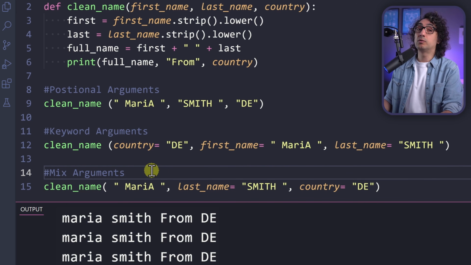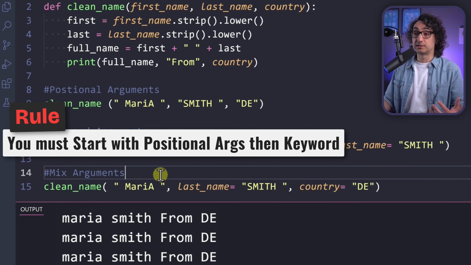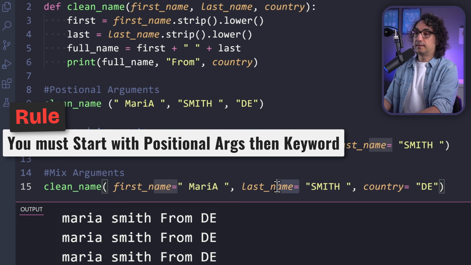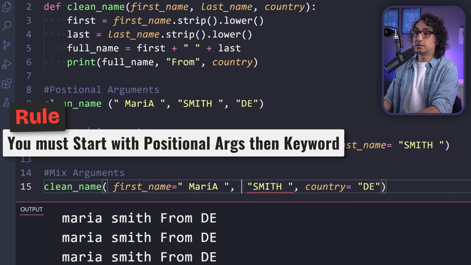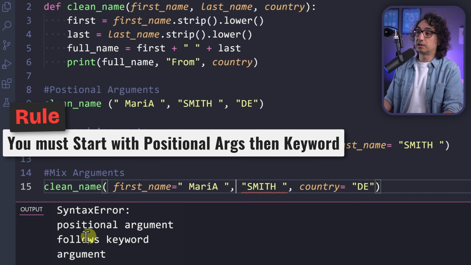So actually you can go and mix it, but there are rules to do that. The rule says you cannot start with the keyword arguments. So for example, I cannot say, you know what, first name equal, and then followed by a positional argument, so without any name for the parameter. If I execute it, I'm going to get an issue. It says positional argument follows keyword arguments. So this is the rule.